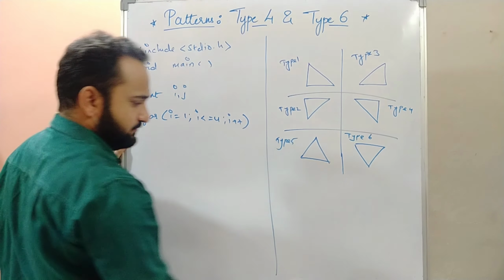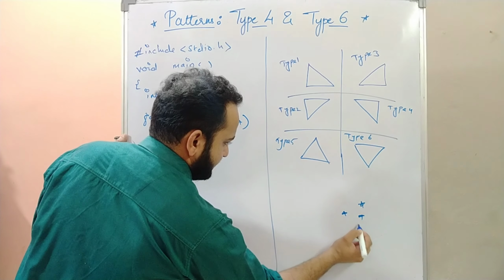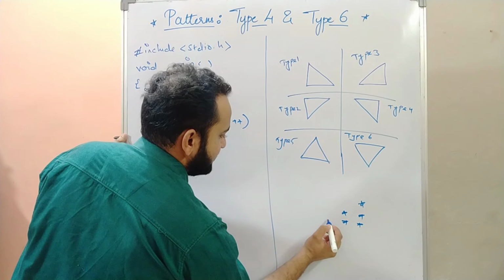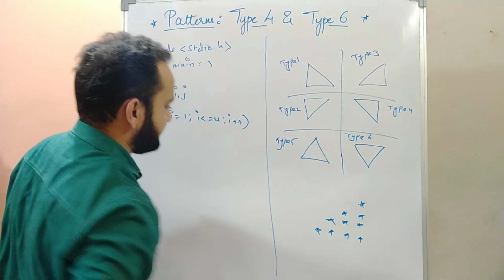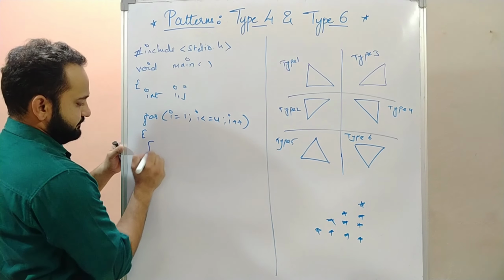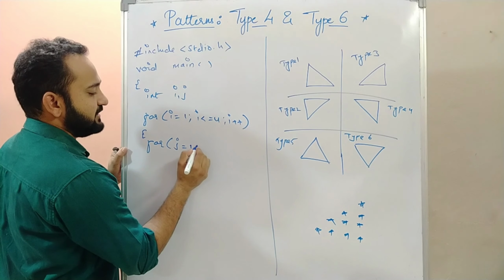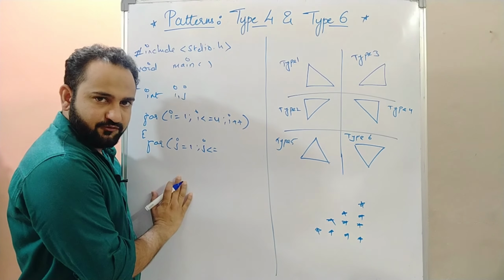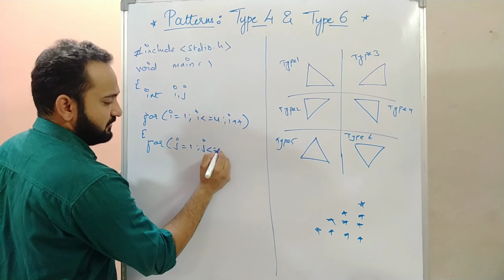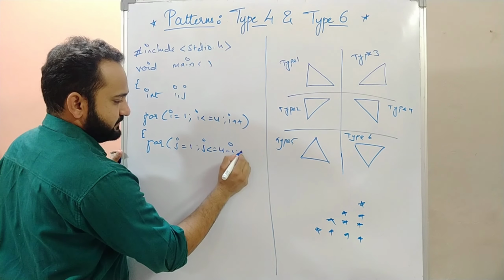For what pattern am I writing this code? For this pattern, the type 3 pattern, where I have to print star, right? And here again a for loop where you start from j equals 1, j less than or equal to, this inner for loop is for what? Leaving spaces, number of rows minus row number, 4 minus i, and j plus plus.